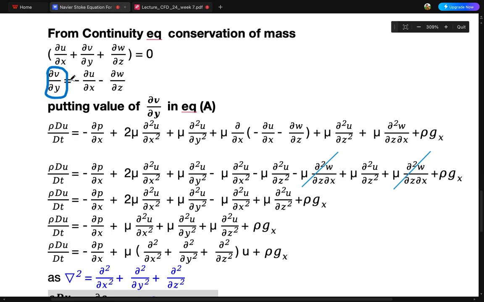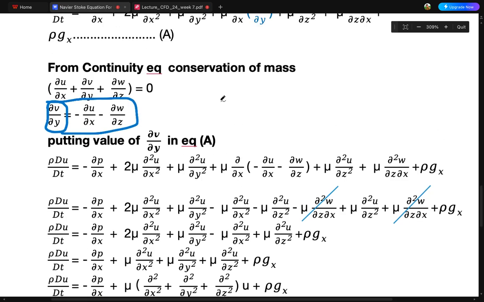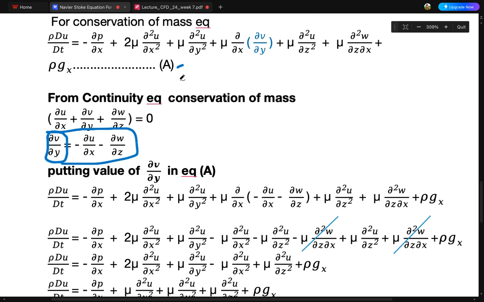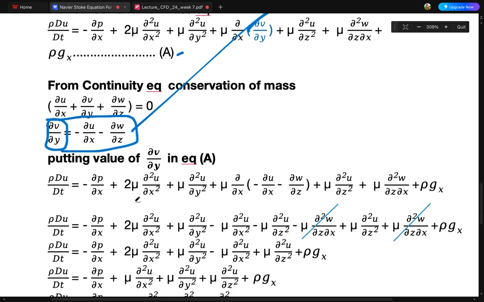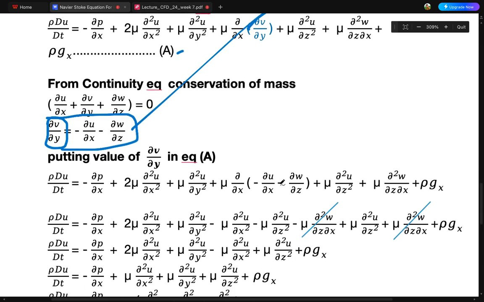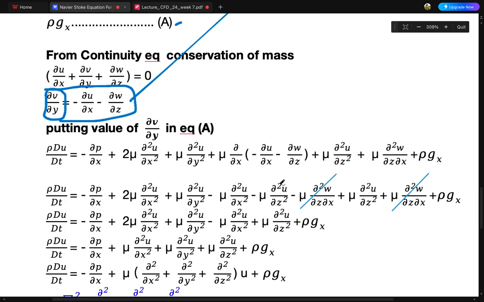Putting these values in equation a, we can put the value here and multiply these,